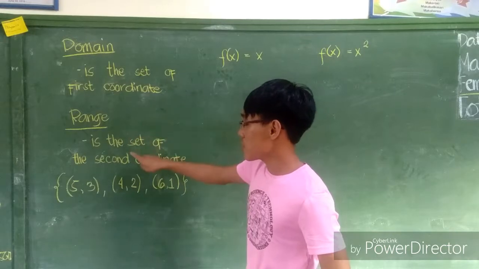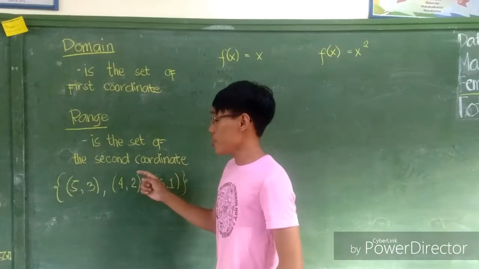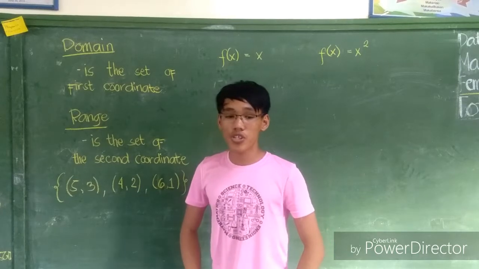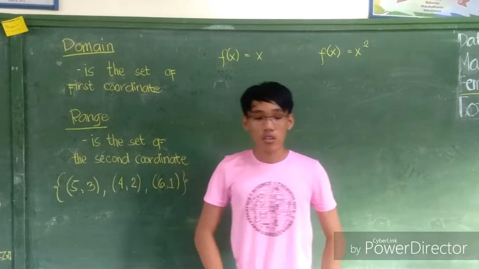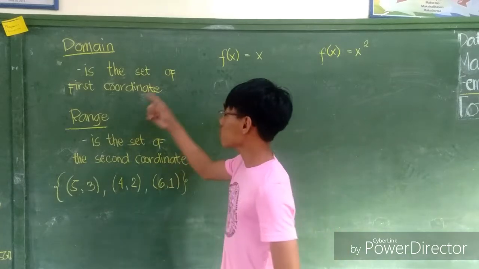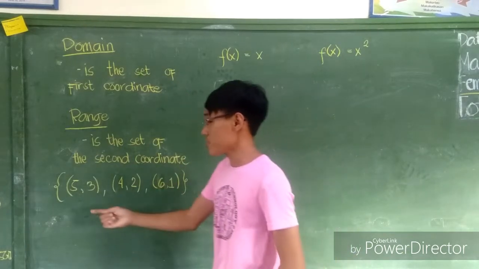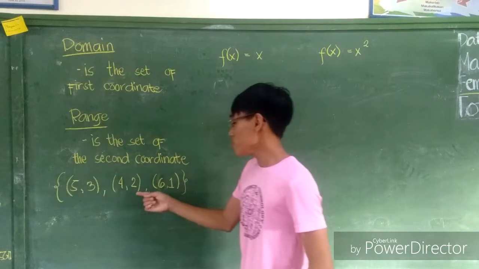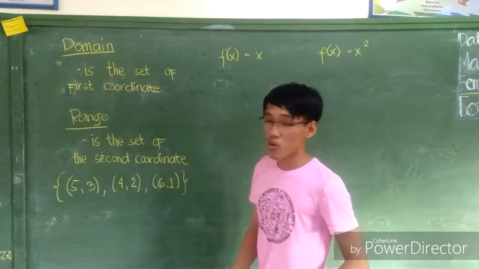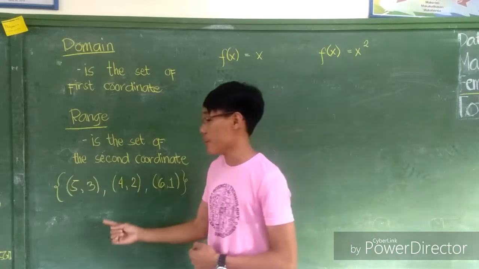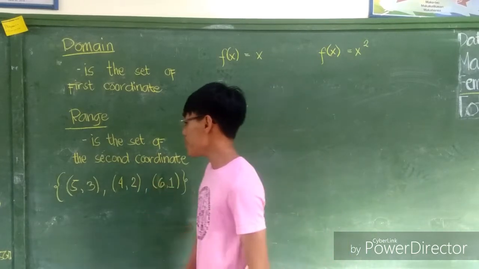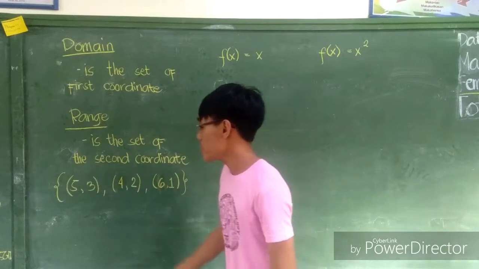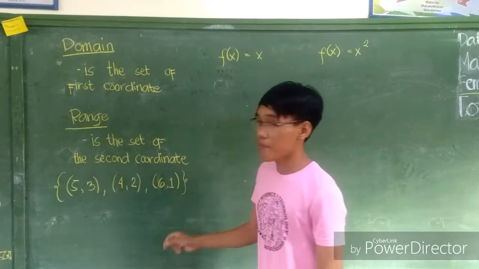And the range is the set of the second coordinate, or the values of y in our x and y plane, or shall we say all the possible values of our output. So, we have here a set of pairs of numbers: 5 and 3, 4 and 2, and 6 and 1. We are now going to find its domain and range. So, the domain here is 5, 4, and 6, and the range is 3, 2, and 1,